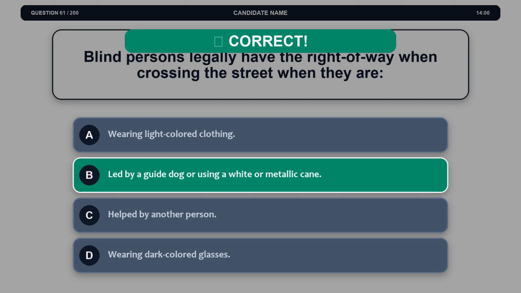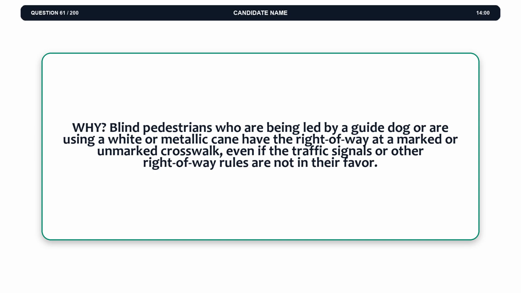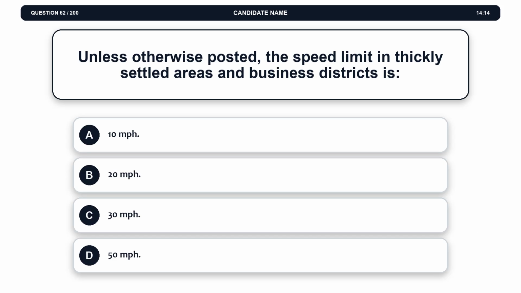The correct answer is option B, led by a guide dog or using a white or metallic cane. Explanation. Blind pedestrians who are being led by a guide dog or are using a white or metallic cane have the right-of-way at a marked or unmarked crosswalk, even if the traffic signals or other right-of-way rules are not in their favor. Question 62. Unless otherwise posted, the speed limit in thickly settled areas and business districts is Option A,